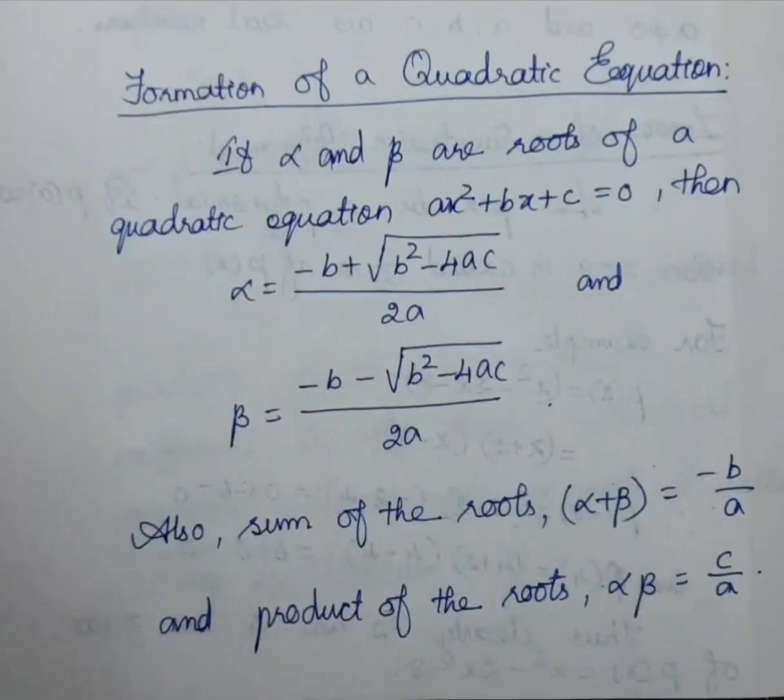Next one, formation of quadratic equation. Okay, how to form the quadratic equation using the roots. We know how to find the roots using the formula method. So you can understand, otherwise in the question they will give the roots. So we can consider the roots are alpha and beta. Simply, whatever they give you can take, but we are simply considering alpha and beta. Okay, alpha and beta are the roots of a quadratic equation ax square plus bx plus c equal to 0.